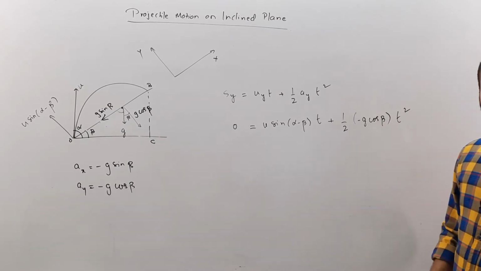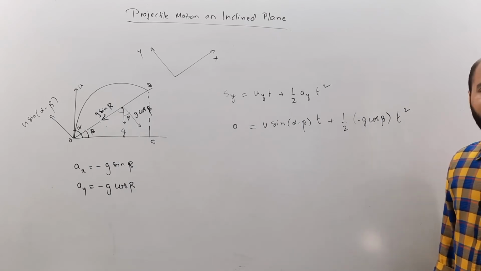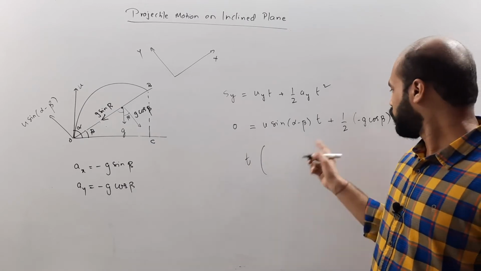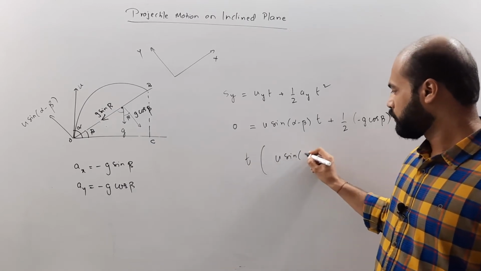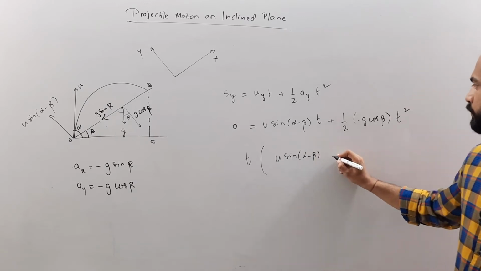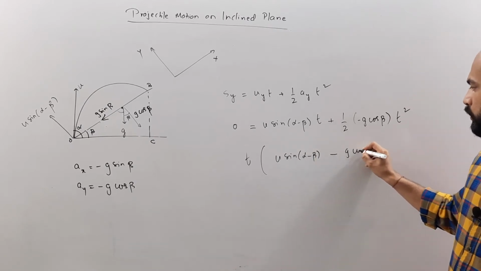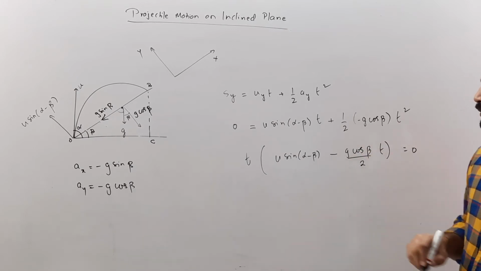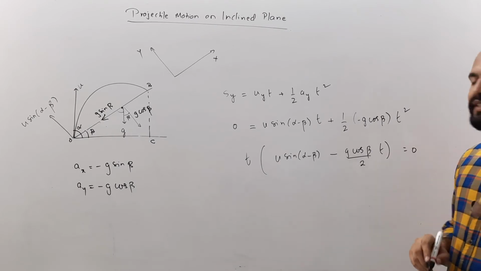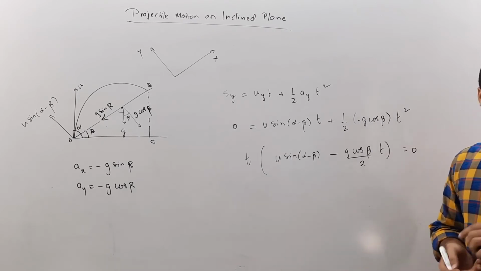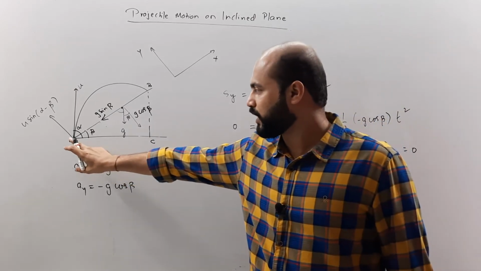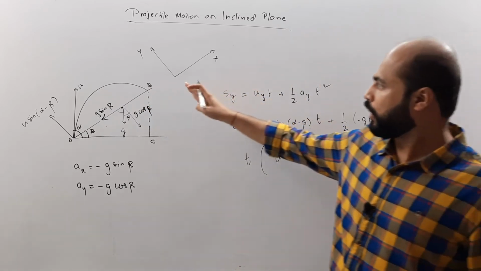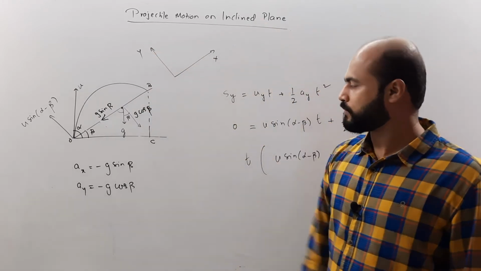So now you can clearly see that we have got an equation and we need to find that time. If you take t common over here, ultimately what remains is u sine alpha minus beta minus g cos beta by 2 into t is equal to 0. Which means that there are 2 points at which displacement in y becomes 0, as we spoke earlier. So displacement in y becomes 0 over here and displacement in y becomes 0 over here, because now our y is like this and x is like this.